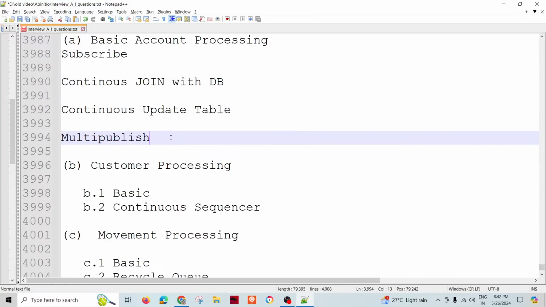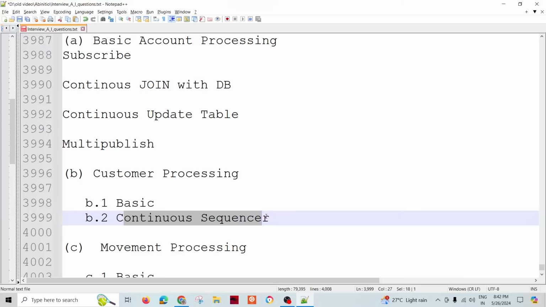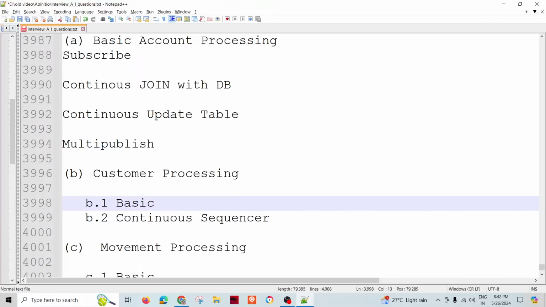So now we are going to talk about a few more processing parts, and also some important components. The continuous sequencer component is going to come into the picture, right? This is a very important advanced component. Okay, it's very helpful in these continuous processing graphs. So let's hook up to the